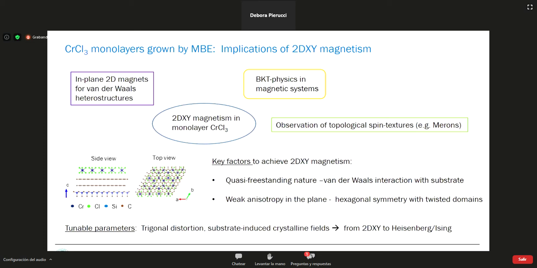So, it was concerning what you said about your problem with the ARPES measurement, because it's possible that with MBE you have a small domain on graphene with different orientation, and this is the reason why, when you try with ARPES, you see a mix of these different orientations of the domains of your chromium chloride. Is it possible, or do you know the size of your domains and their respective orientation?